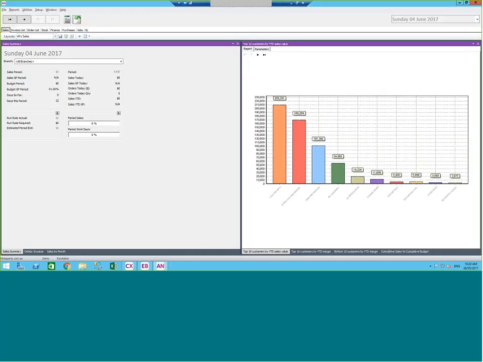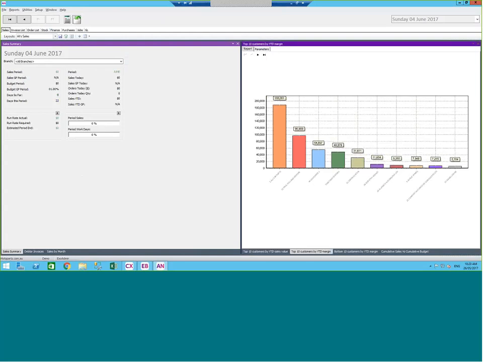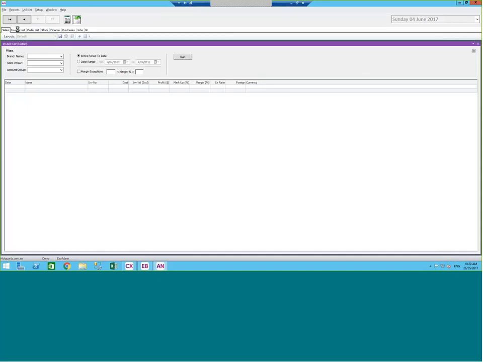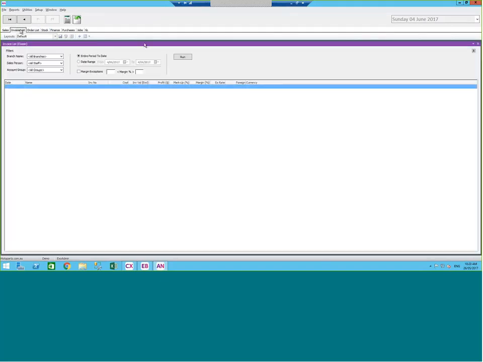So we can look at top 10 customers by margin. These are all called what's called a collateral widget. And these can be products by margin, customers by margin, etc. Sales by month. But what you can do is look at the invoice list on the next tab